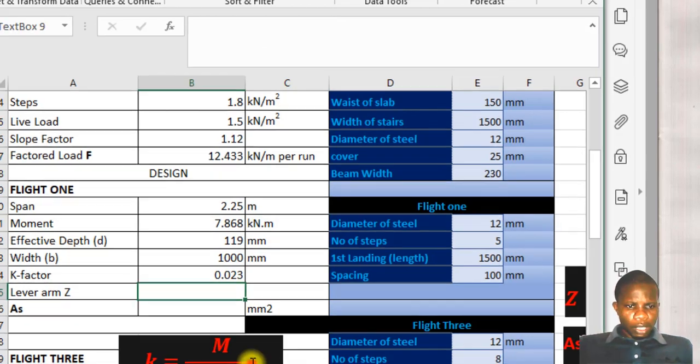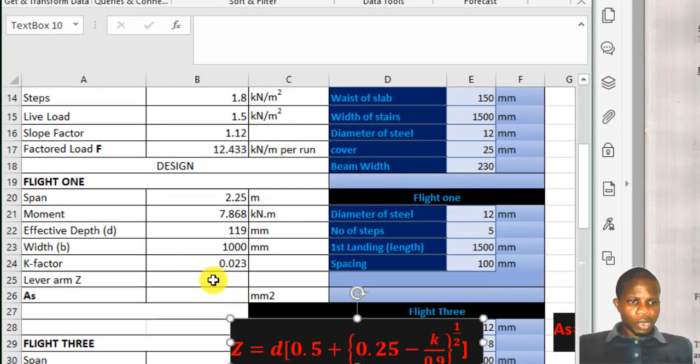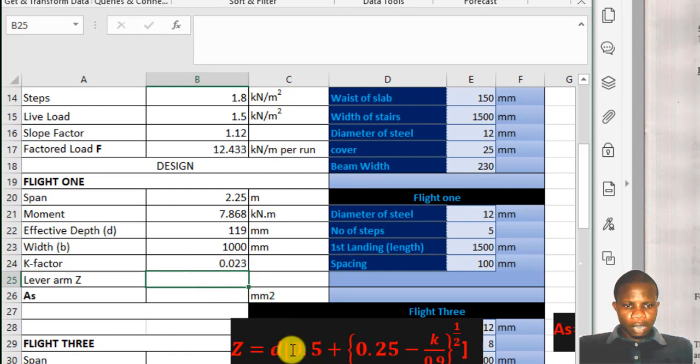Okay, now the next one will be Z, the lever arm. Lever arm is d times this, the square root of this. From indices, we know that raised to power of a half is a square root. So that is what we are going to enter. We leave d alone and then enter 0.5 plus. So this will be equals to open bracket 0.5